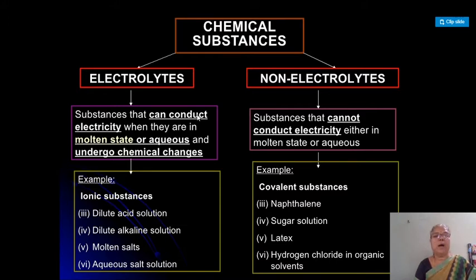That means how chemical energy gets converted into electrical energy, and how electrical energy gets converted into chemical energy. It is studied in the branch of physical chemistry, and it is termed